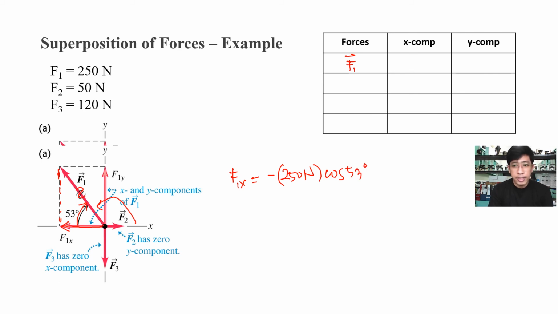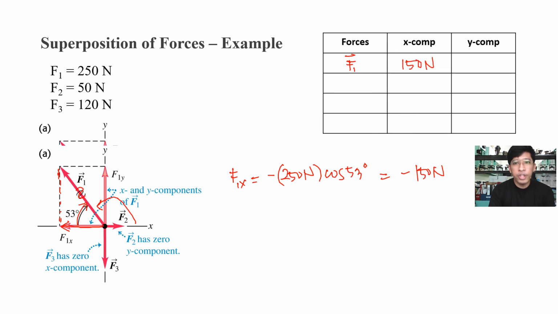53 degrees. I put here a negative on your solution, because if you're just going to put 250 newtons cosine 53 degrees, you'll notice that you get a positive answer. But basing on the diagram, you know that the x component of the force should be negative. So that's why I put here a negative mark. Solving this using your calculators, you get an answer of around 150 newtons. So your x component is